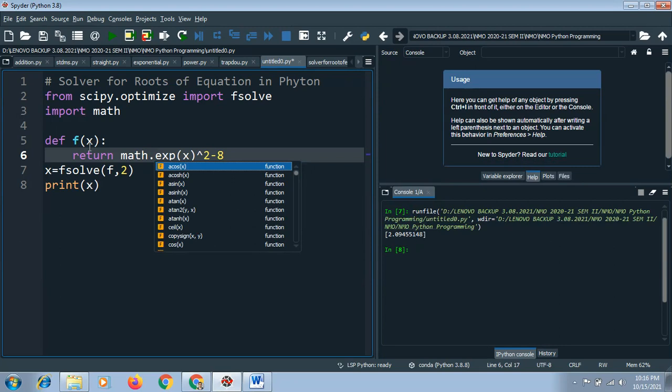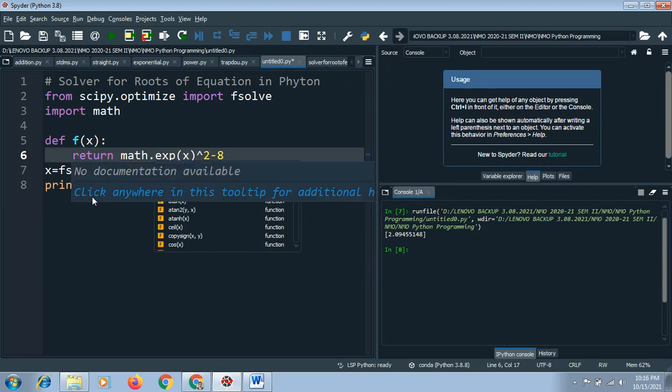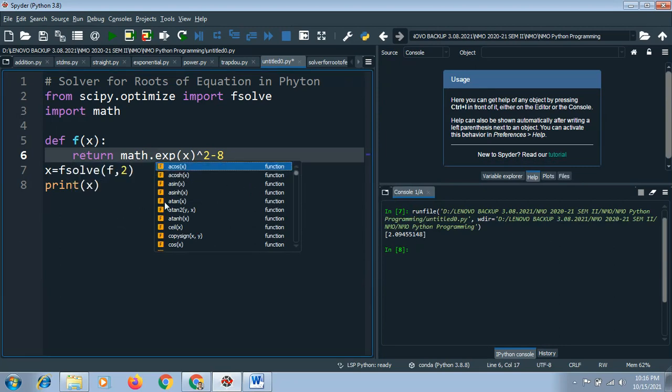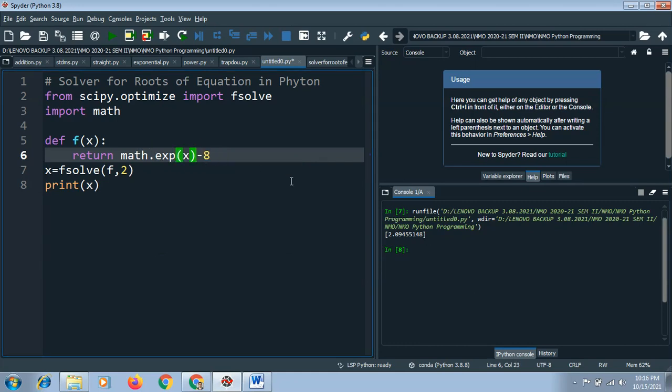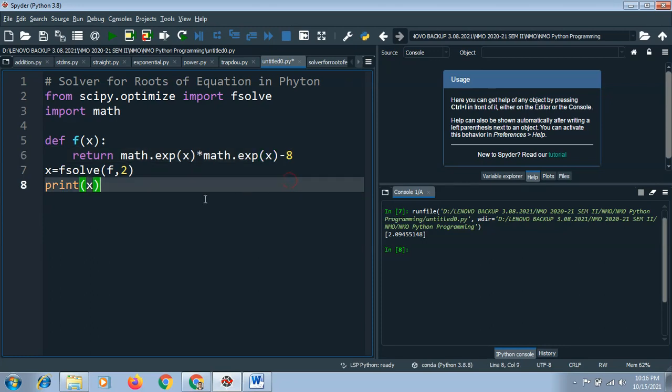So what we need to return is math.exp of x. Now again it is a square, so instead of raising to the power 2, we write math.exp of x in brackets, squared, that is the exponential of x squared.